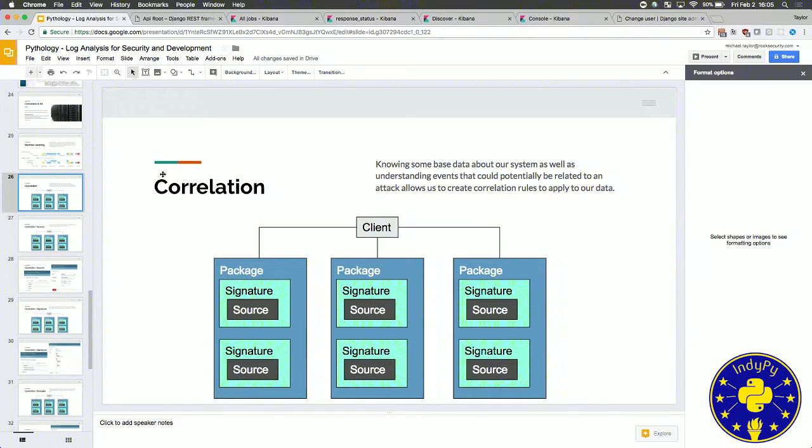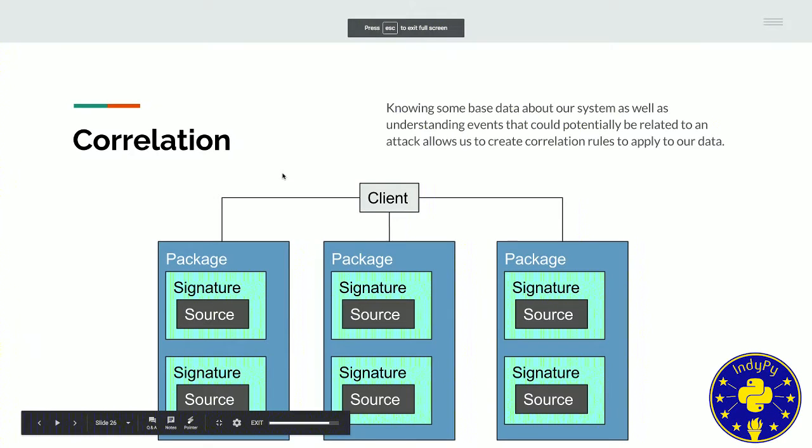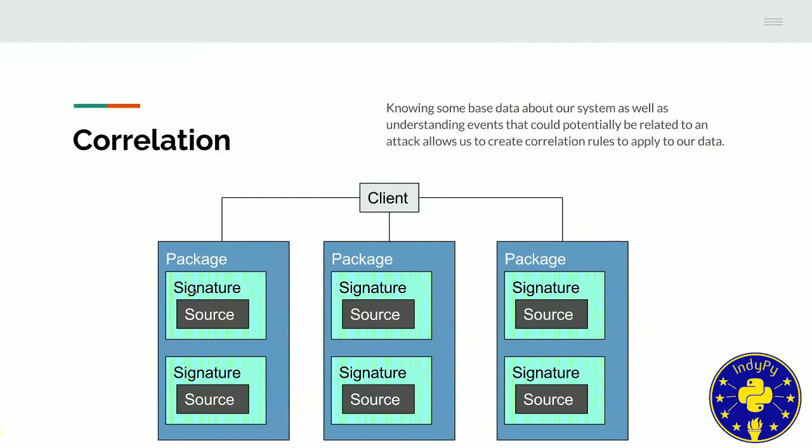alerts. So our correlation packaging, we have a package that is comprised of multiple signatures, and each signature is related to a source. So it wouldn't make sense to have a signature related to a firewall rule, related to my Django application source, right? So we need to know, for a particular source data feed,